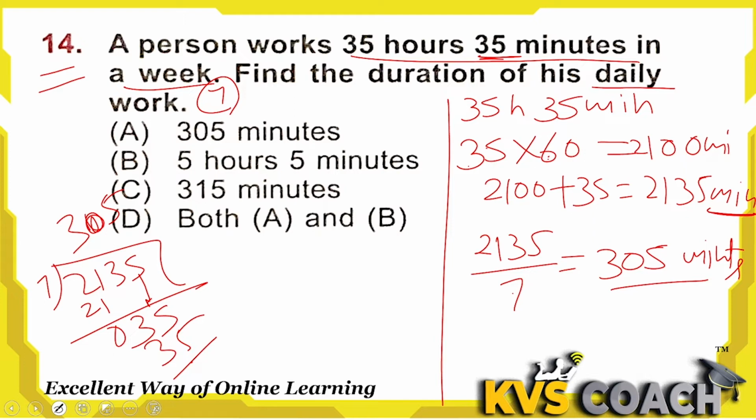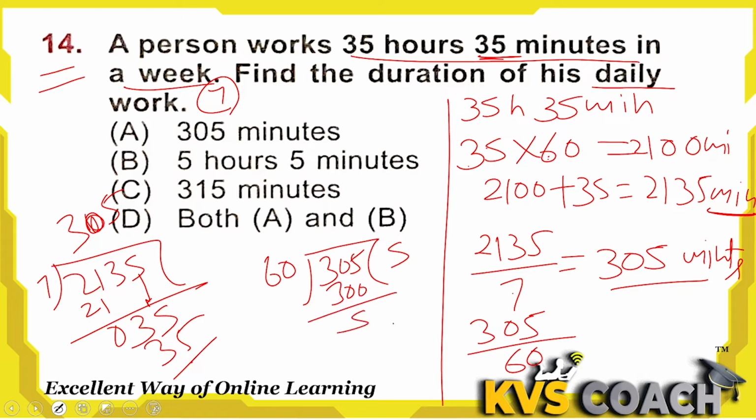So we will change it into minutes also, hours also. So 305, if I want to change it into hours, then what we will do, I will divide by 60, because 1 hour has 60 minutes. So 60 minutes is equal to 1 hour. So let's divide by 60. 305, 60 5s are 300. So 5 is left. It means this is 5 hours 5 minutes. Okay, the remainder 5 shows 5 minutes. So 5 hours 5 minutes is the answer here.